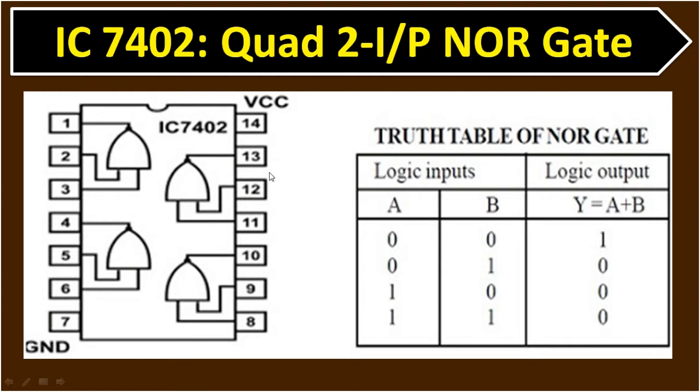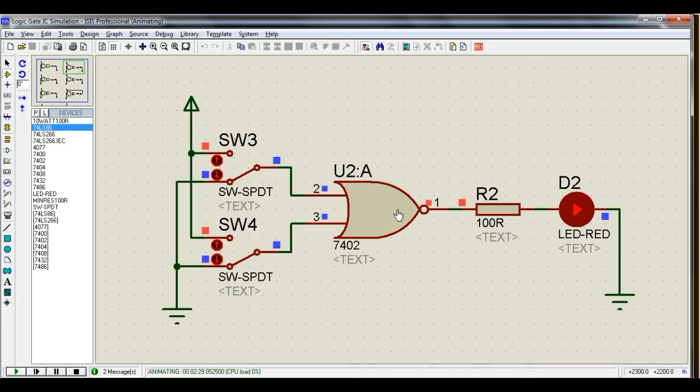In the practical simulation I am using only one NOR gate to understand the operation. Okay, so here for the 0-0 combination, the output of the NOR gate is high, 1. Here you can see the IC number 7402, and the pin numbers are: 1 is the output, 2 and 3 are the input. Now the upper switch is considered as A input and the lower switch is considered as B input. So for the 0-1 combination, the LED should be turned off. So here the LED has been turned off.